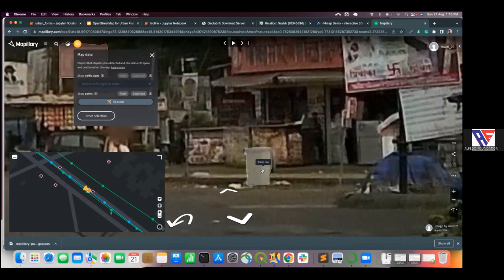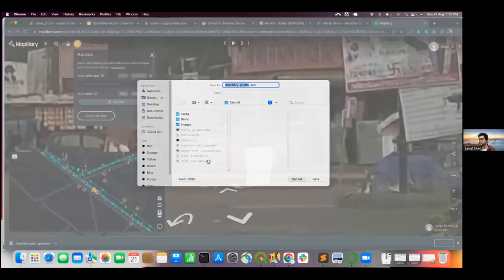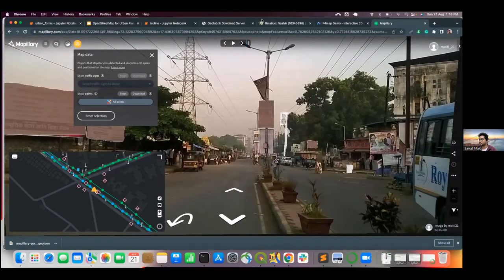Okay, so you can see the trash can, and you can see how intelligently it is located through this algorithm, and you can download all the data sets. So yeah, I hope that this kind of data sets will help you to do further analysis in